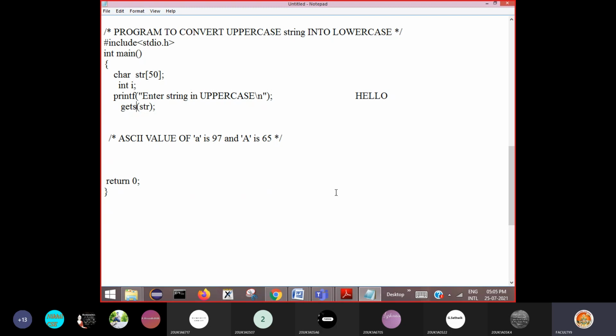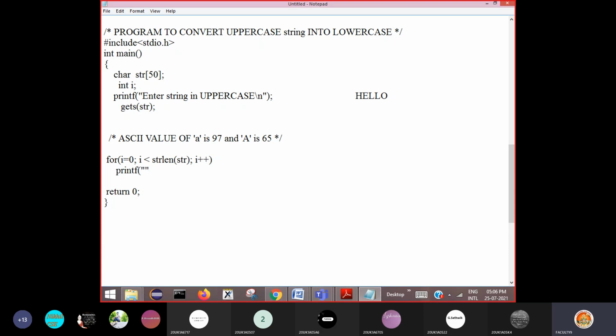Then I can use a for loop for i is equal to 0, then i less than up to what, the string length. You do not know how many characters are there, so you say string length of str, then i plus plus. Then it reads each character.